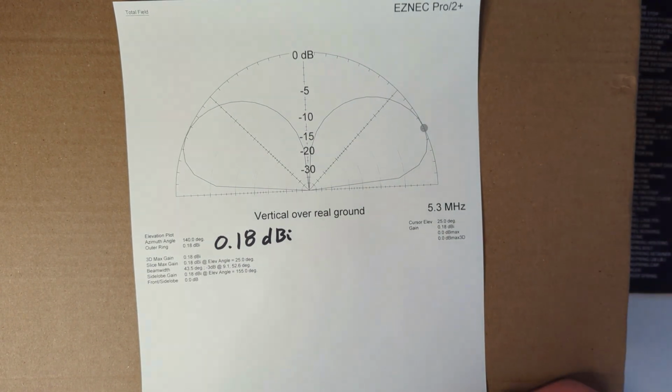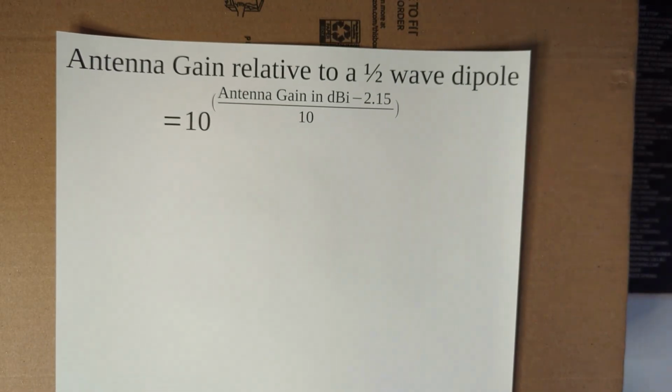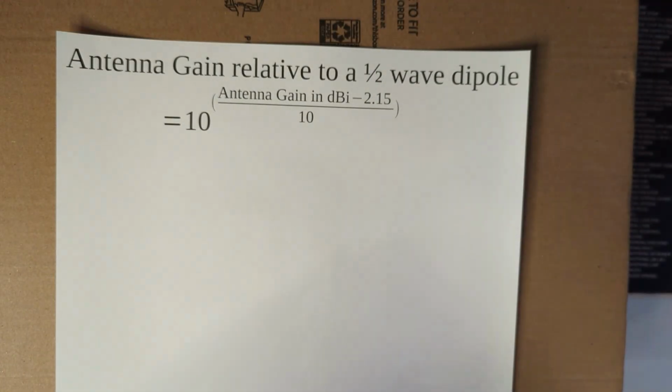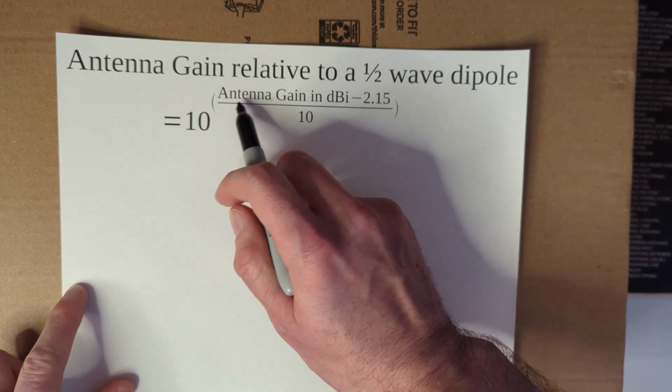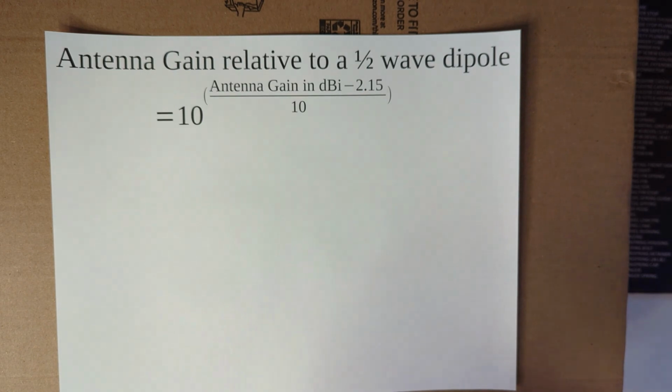So, to go from dBi to unitless antenna gain so that we can do the calculation as specified here, we do this. We plug antenna gain in dBi into this formula, run through it, and that gets us unitless gain. We then multiply the power setting on our transceiver by that, and we see whether or not we are successfully complying with the ERP power limits that we have of 9.15 watts for the band and 100 watts for